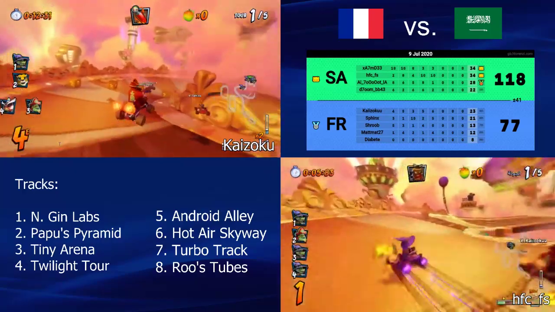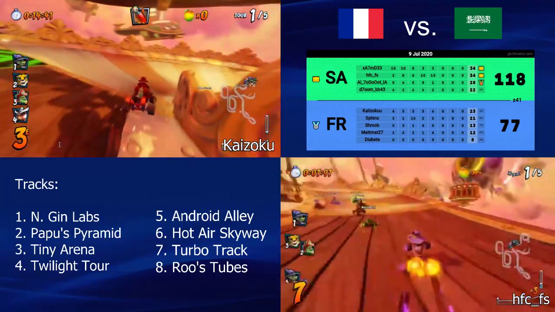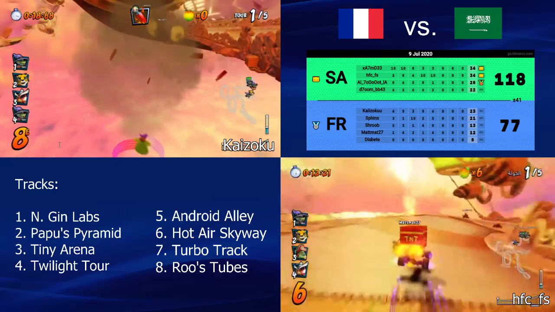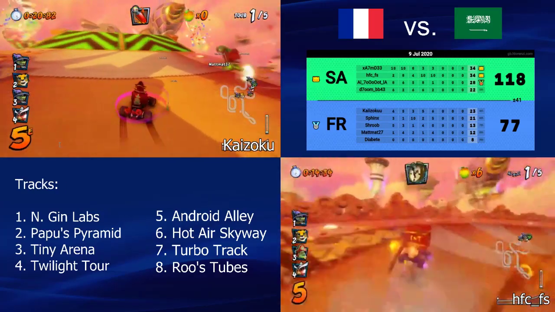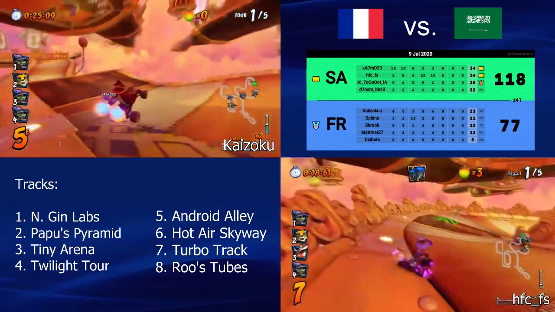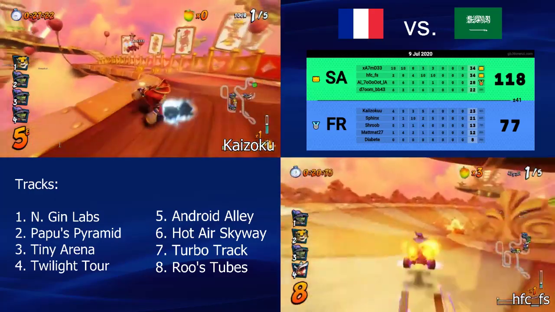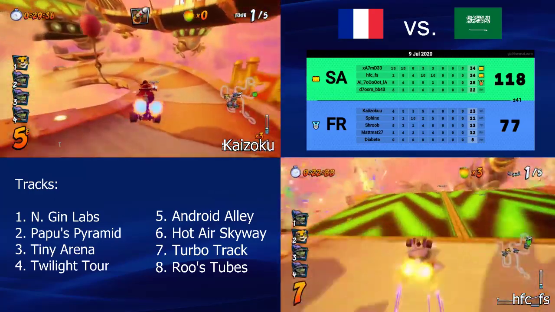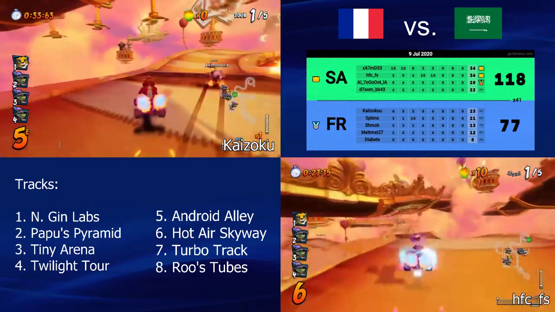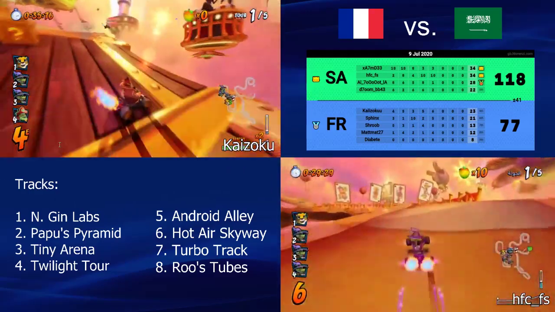Okay, so Kaizoku didn't combo Doom. Yeah, comboing someone with a squished item is not really worth it. It barely costs any time, and especially at the start when the enemy has no Wumpas anyway, you don't really gain anything. Comboing someone with a squished item is not really worth it if he has already gotten hit anyway.